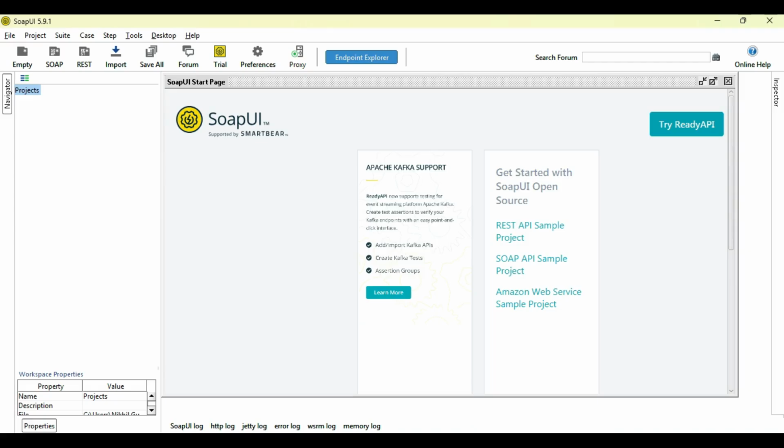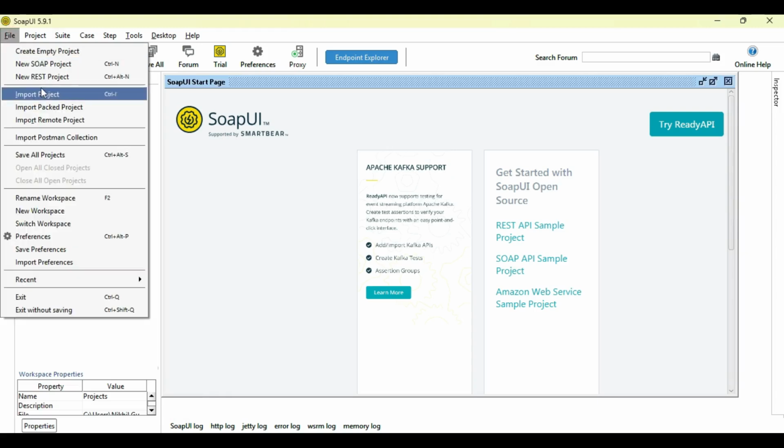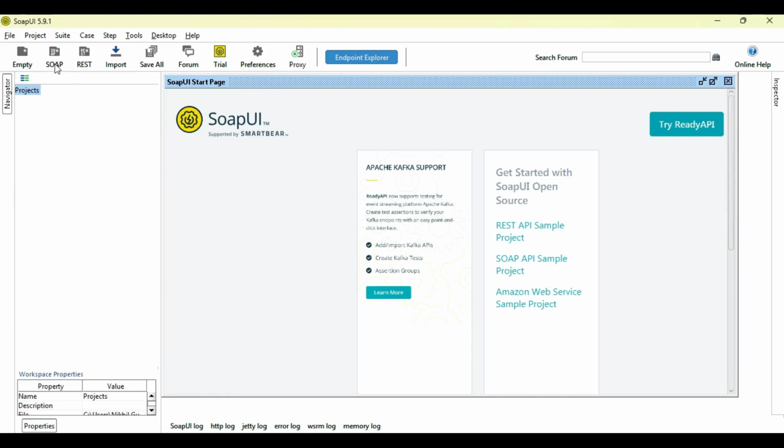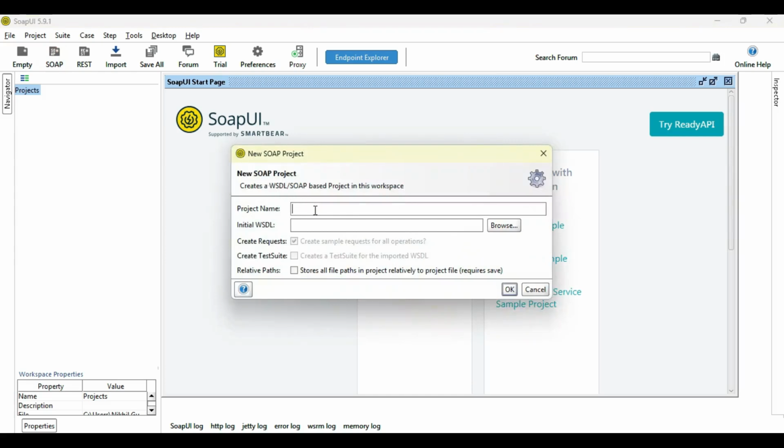and let me open the SOAP UI tool. As I'm opening this tool for the first time, I have to create a new project. If you click on File you can see New SOAP Project, or I can use this icon to create a new SOAP project. If you click that, here I will enter the project name. You can give any name, incident ws,